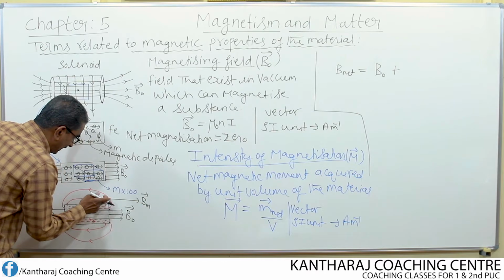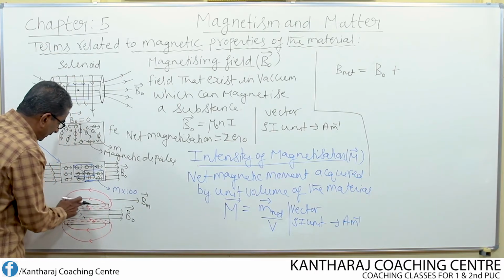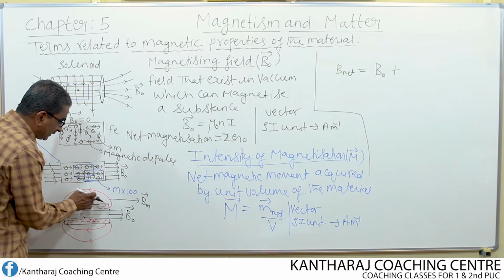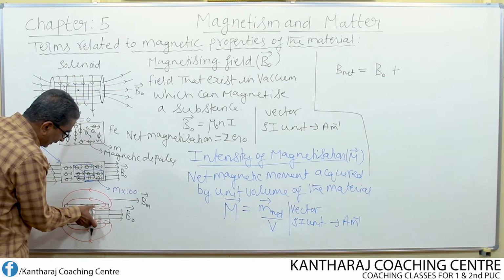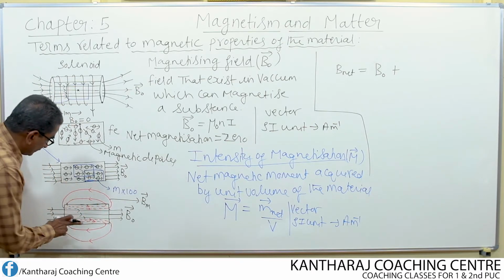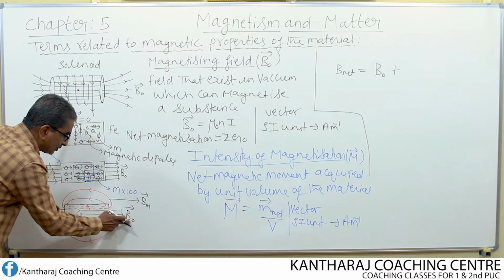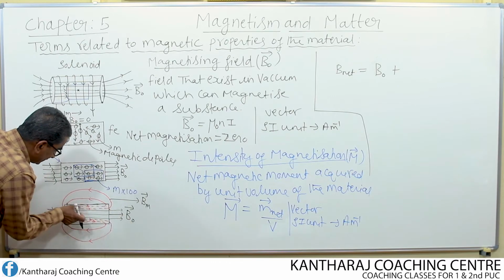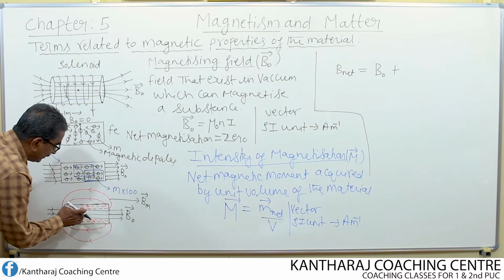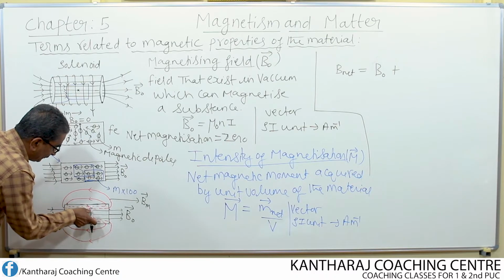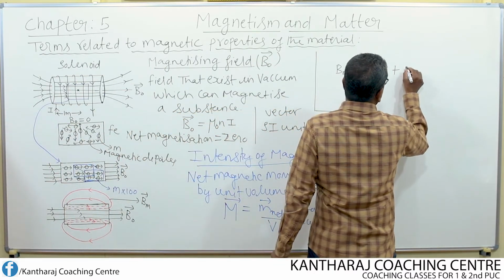It is nothing but the magnetic field which is represented by means of red color magnetic lines of force. So the red color magnetic lines of force represent the magnetic field lines developed because of the magnetization of the material. Okay. So inside we now have a set of field lines. One set of field lines is due to the external magnetic field or magnetizing field produced because of the solenoid, and these magnetic field lines are due to the magnetization of the material. So this field plus this field, total field, if I consider the net field, B naught plus Bm.